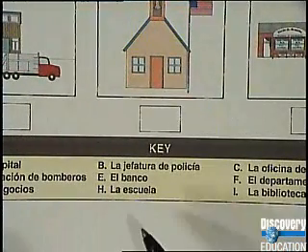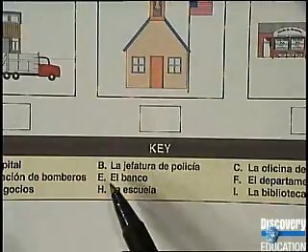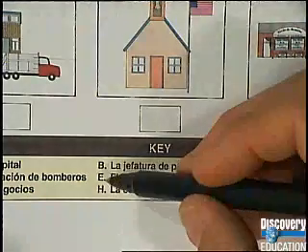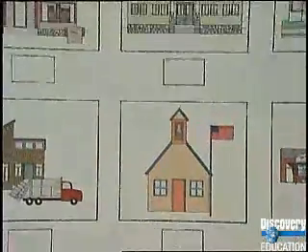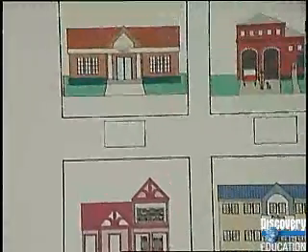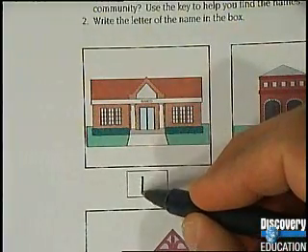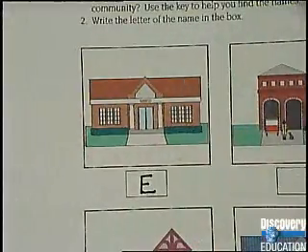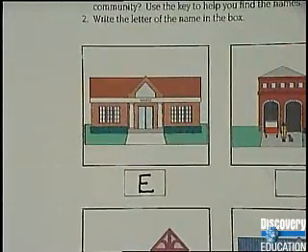Who said el banco? If you said el banco, you are right. El banco is letter E. I'm going to mark through that because I'm using it. And up here at the top of the page, underneath the picture of el banco, I'm going to write the letter E. La E in español. Now go ahead and finish that up whenever your teacher tells you to, and you can use that to review.